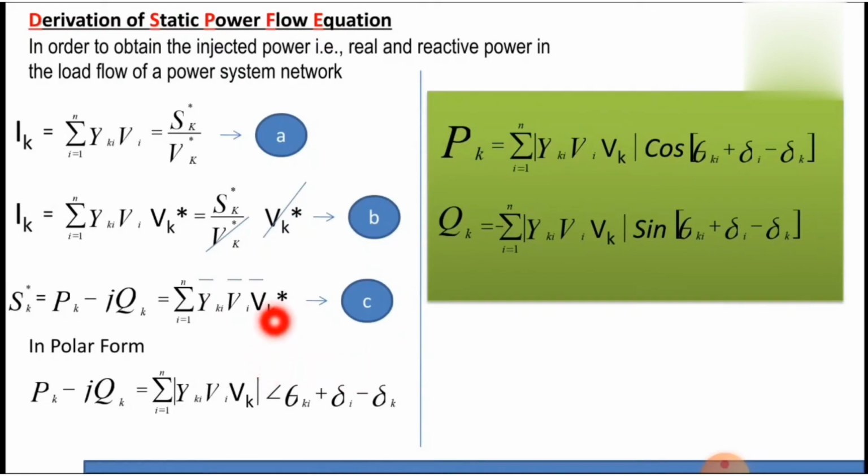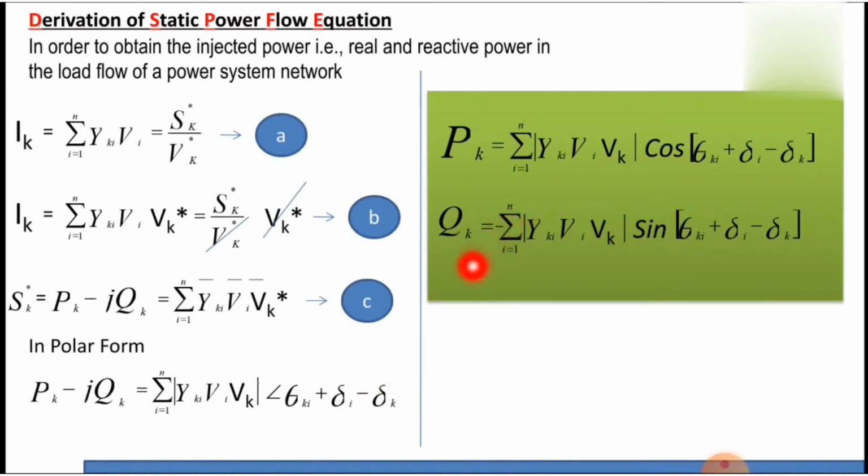I am not considering this negative sign in this magnitude. If I am considering this conjugate value, that minus value in this magnitude, we don't consider that one in this angle. I am omitting that negative value, that conjugate value, in this magnitude quantity. That's why I am representing here the phase angle as negative.